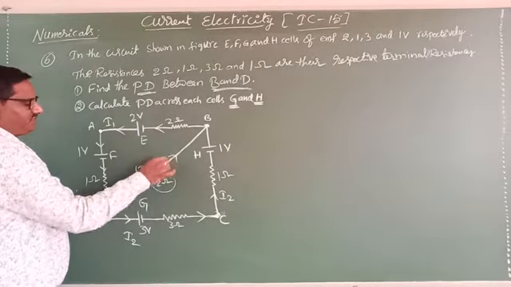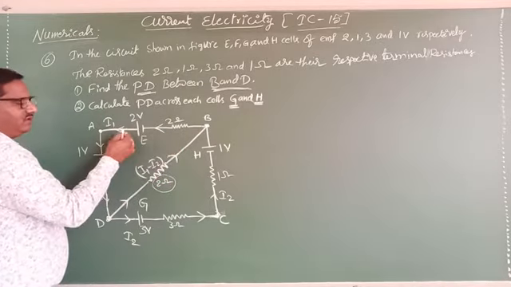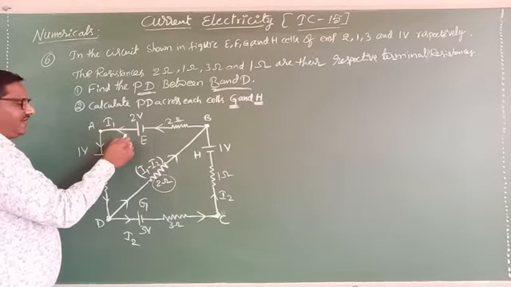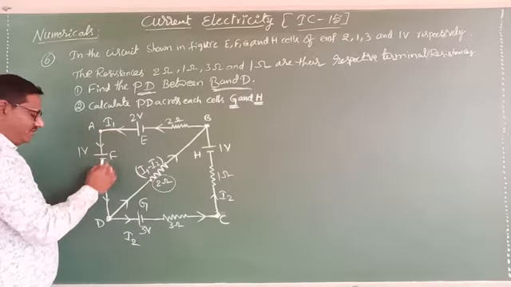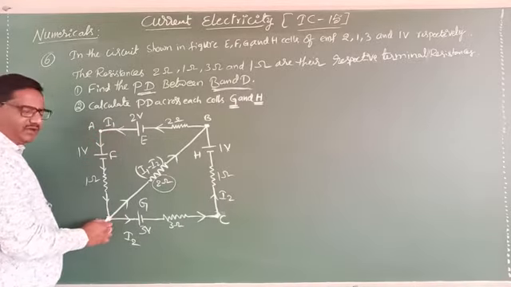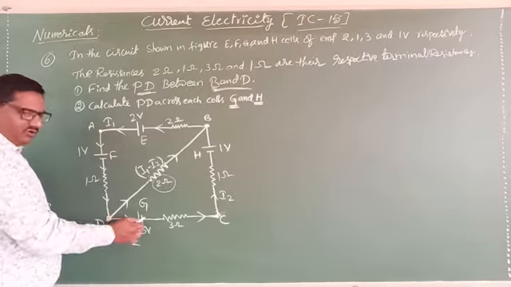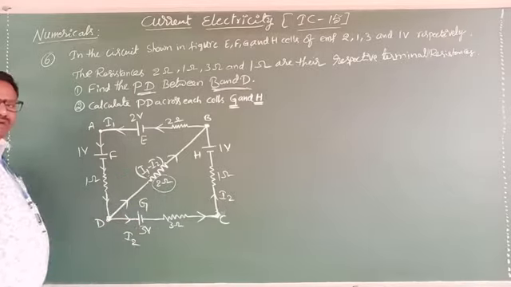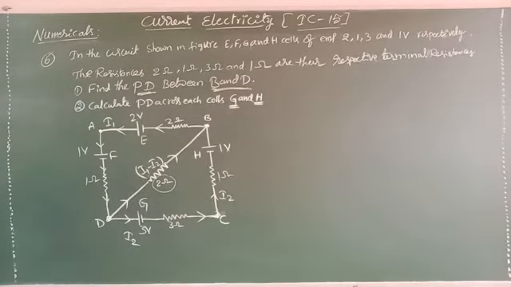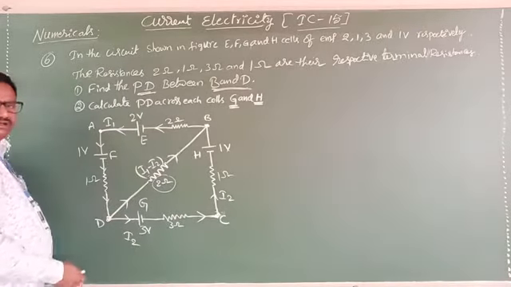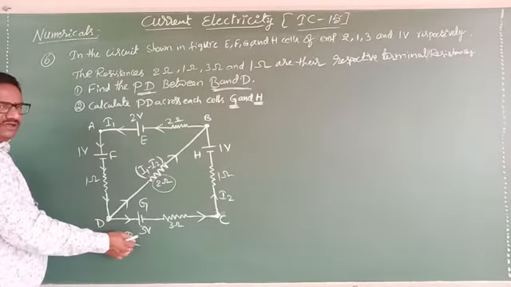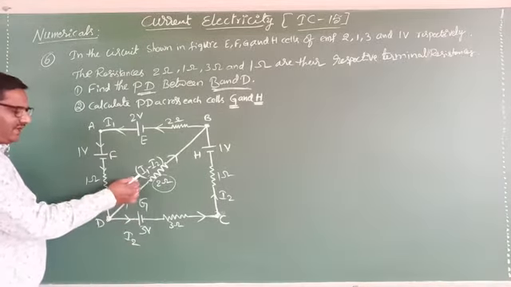What I wrote? First I will take one current from one cell. From that the current, I will treat it as I1. That I1 will come here, and at this point it will be split into 2. One is I2 and one more is I1 minus I2. Why did I write I1 minus I2? Understand, suppose here 10 amps current will come. Here 4 amps will split. Then the remaining 6 amps here.